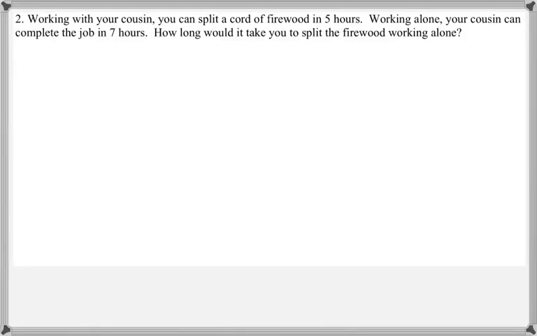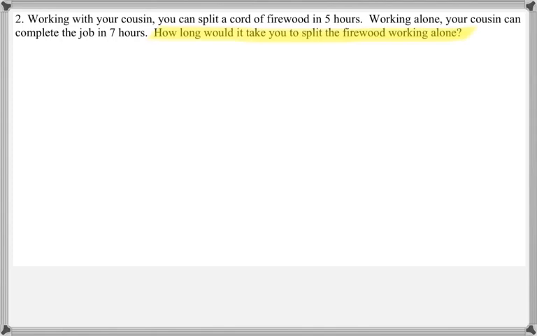Number 2 says, working with your cousin, you can split a cord of firewood in 5 hours. Working alone, your cousin can complete the job in 7 hours. How long would it take you to split the firewood working alone? So my last sentence normally tells me what they're looking for and what I want to define my variable to